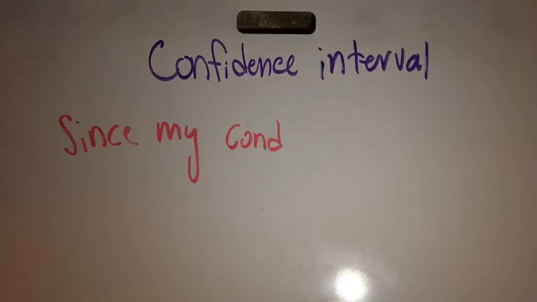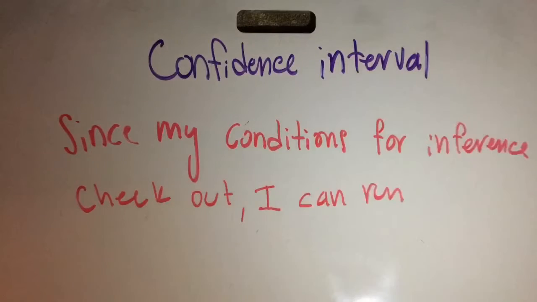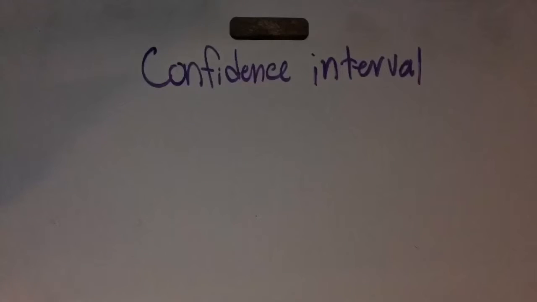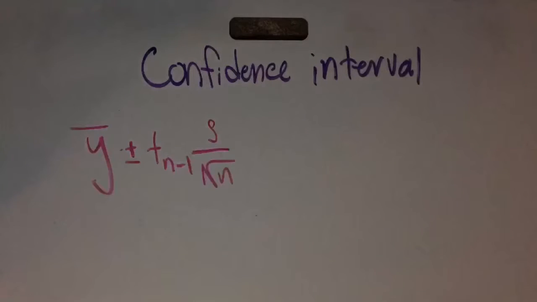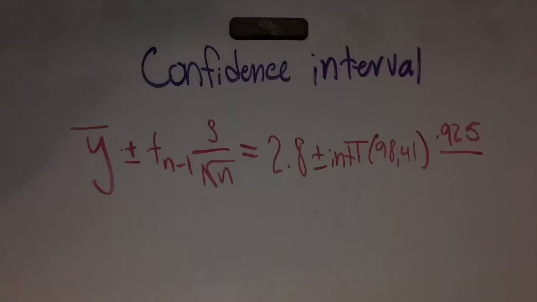Now that our checks are confirmed, we write, since my conditions for inference check out, I can run a one sample T int. The next step is to write the skeleton, which is y bar plus or minus t of n minus 1 of s over the square root of n. Now we plug in our numbers and we have 2.8 plus or minus invT of 0.98 and 41, 0.925 over the square root of 42. We then get our confidence interval of